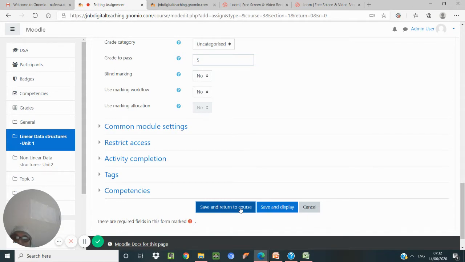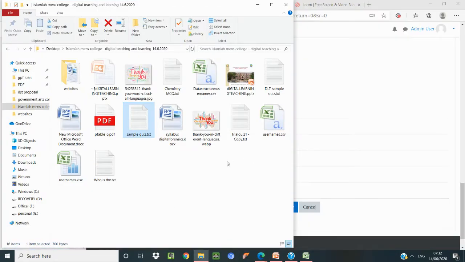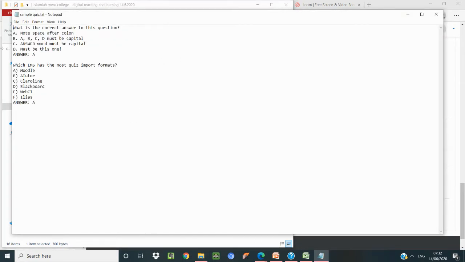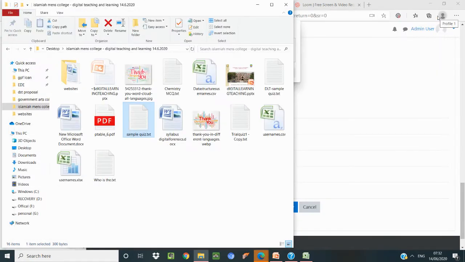So one more important assessment we can always try, so many assessment methods are there. One more assessment method is using the quiz programs. So for quiz, this is the structure we have to use. We have to give the question followed by options. It should be in capital letters, and then it should be like this. There should be a blank space. The correct answer should be given like answer colon. Okay, so this is how we do.